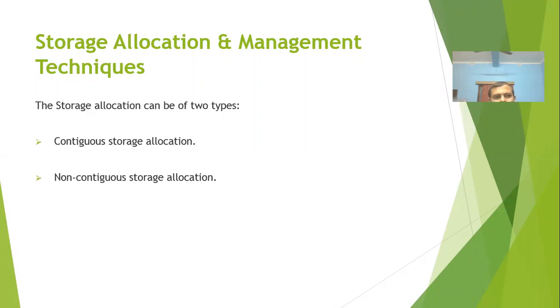In today's session, we will be overlooking the storage allocation and management techniques related to the effective use of the memory of the computing system. So basically, as we know, the memory is a collection of bytes or words. Every cell in the memory has a particular address. So these storage locations are basically used to store the different types of processes which are ready to be executed